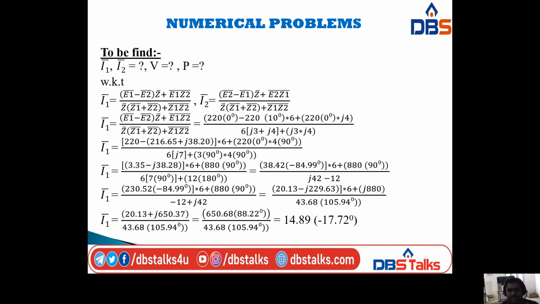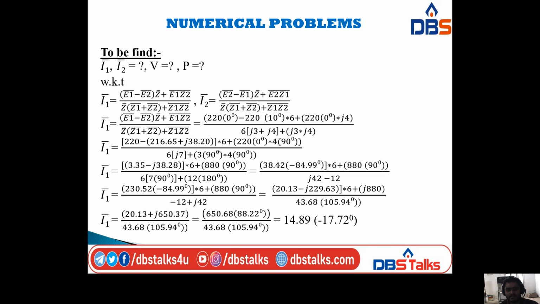If you want to find the I2 value, we have (E2 minus E1) into Z bar plus E2 Z1 bar, by Z bar of (Z1 bar plus Z2 bar) plus Z1 Z2 bar. In the problem they already gave E1, E2, Z1, Z2 and Z values. So please substitute those values into this formula: I1 is equal to (E1 bar minus E2 bar) into Z bar plus E1 bar into Z2 bar, by Z bar of (Z1 bar plus Z2 bar)